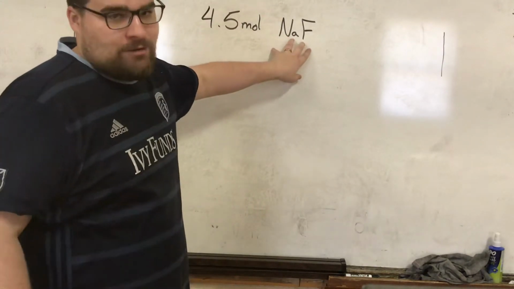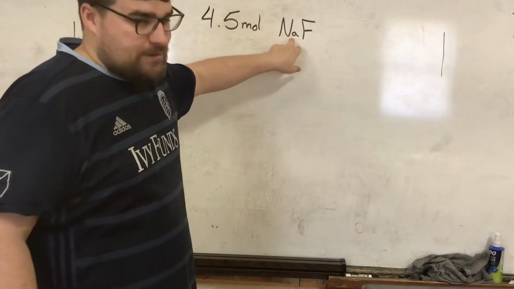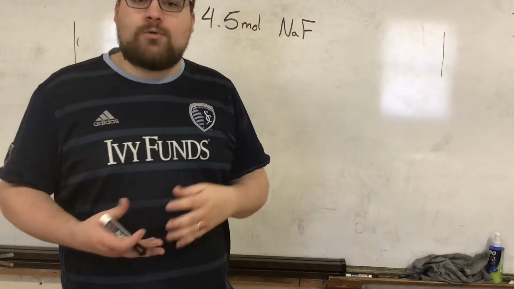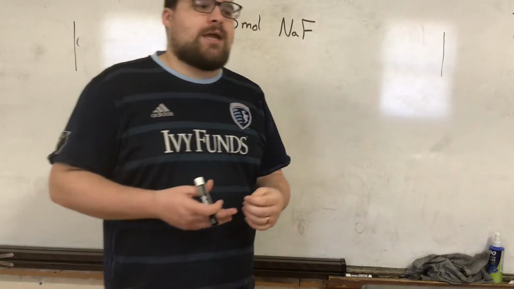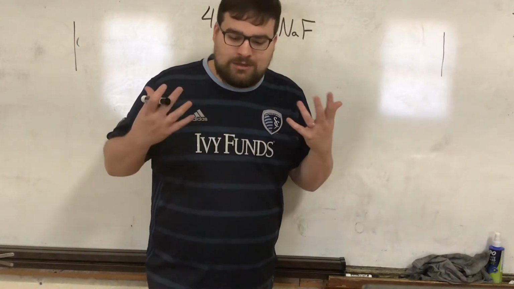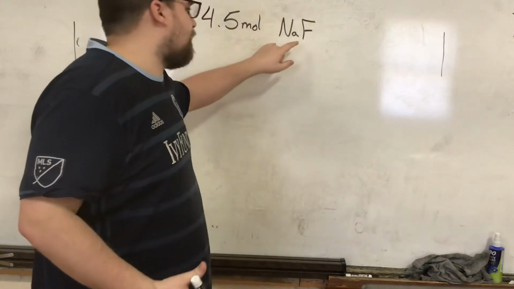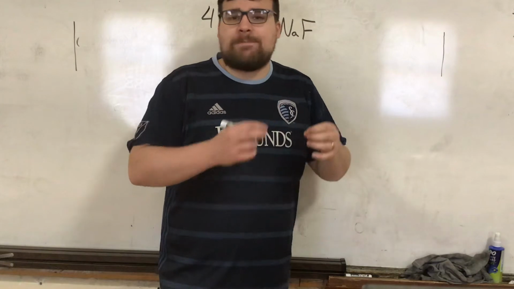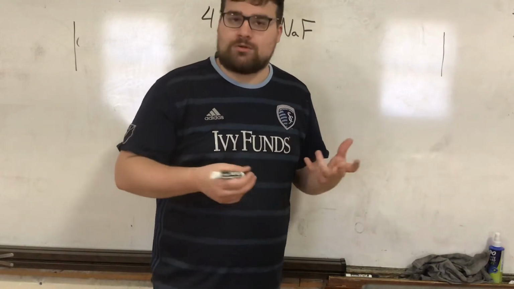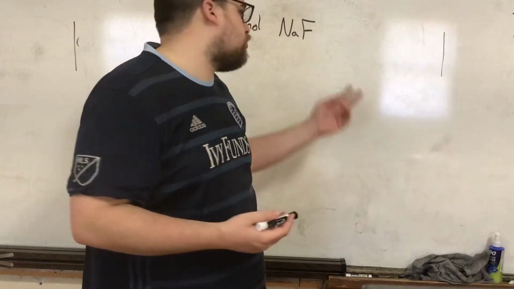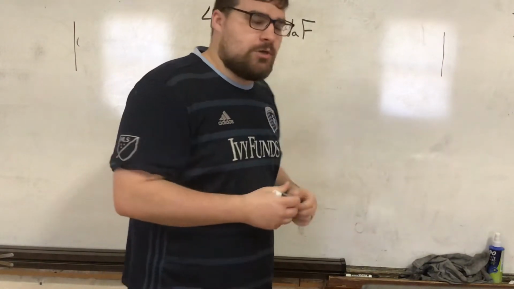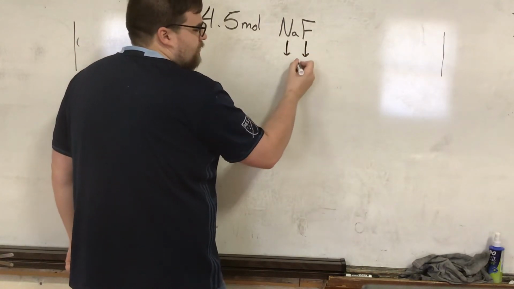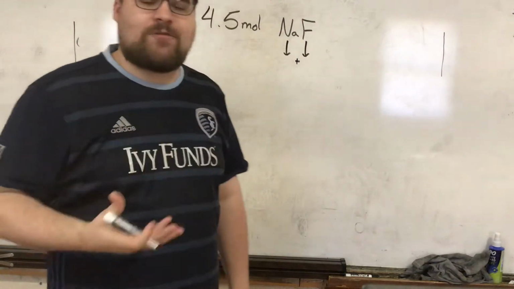Even though this is a compound, it's not on the periodic table, but its parts are. Na, sodium, and F, fluorine, are both on the periodic table independently. And it works logically: if we have two parts to this compound, then the compound's atomic mass, or molar mass, would be equal to the two parts' masses added together. So we can find sodium's mass, find fluorine's mass, and just add them to find the molar mass